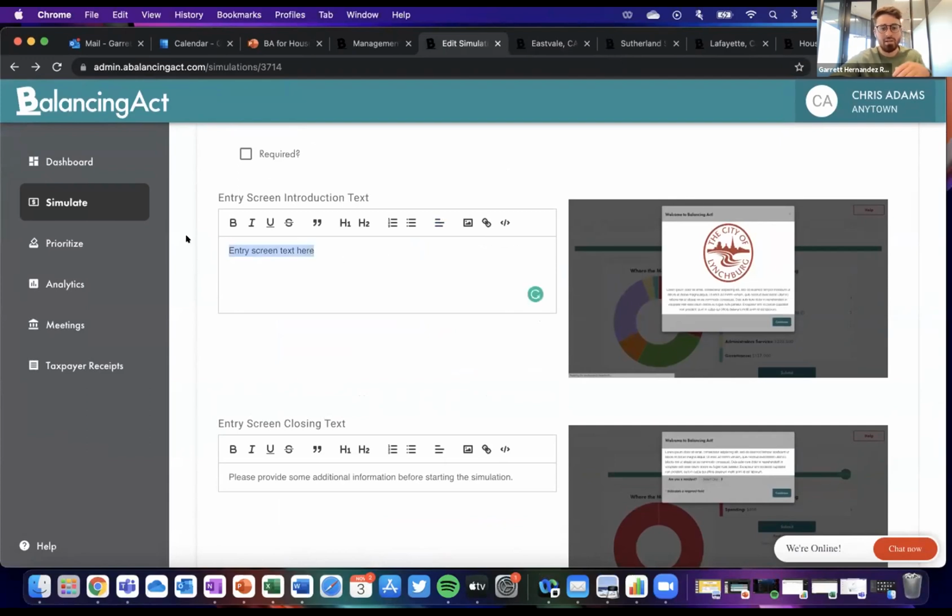So we'll say, welcome, add text, and then this box gives you the ability to kind of format this. So I'm going to center it, and I'm going to make it a header. And then I'm able to provide external links here, embed videos here using this tool, but I'll just go ahead and add an